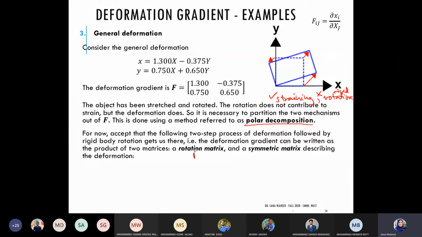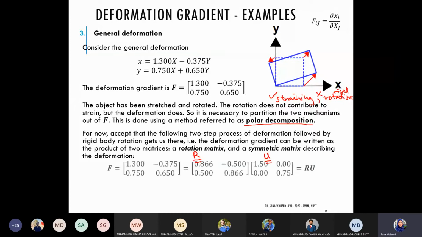Now I'll represent my rotation matrix with the symbol R, and my symmetric matrix for now with the symbol U, such that I'm breaking down my deformation gradient F, और अभी मैं इस particular example को use कर रही हूँ, into these two matrices. ठीक, और ये हुआ कैसे,